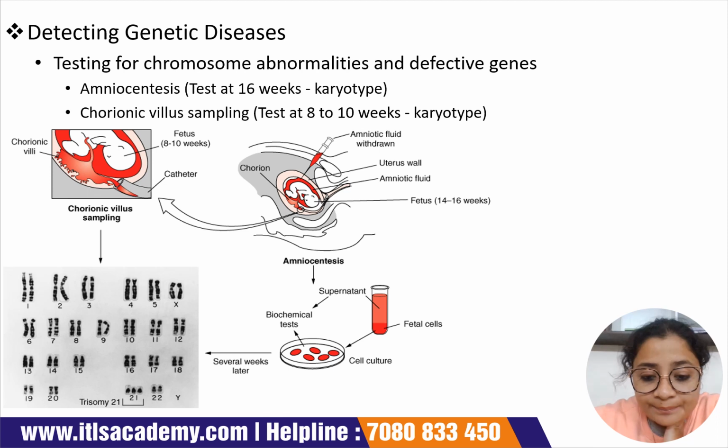So that is one method which is usually carried out at around 8 to 10 weeks of pregnancy. And another technique that we can follow is amniocentesis, where we are actually collecting the amniotic fluid. What is amniotic fluid? It is a fluid which is accumulated inside the amniotic cavity of the womb of the mother, a cavity formed by the placenta. So if we can directly take out a sample of that amniotic fluid, that is known as amniocentesis.